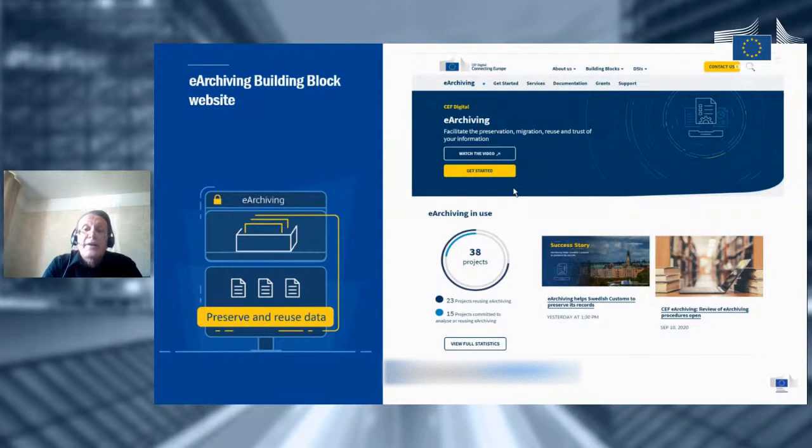The eArchiving building block was created in late 2018, and its aim is to provide specifications, software, training, and knowledge to help people preserve and reuse information over the long term. All of this information can be found on the building block website, which you can see a screenshot of. I will provide a link to this in the chat function after I have finished.